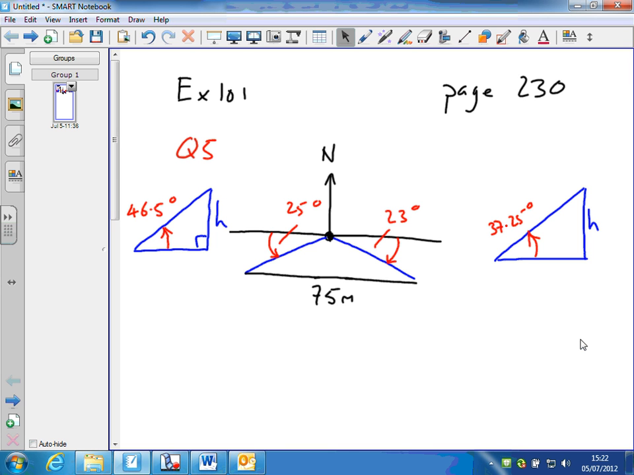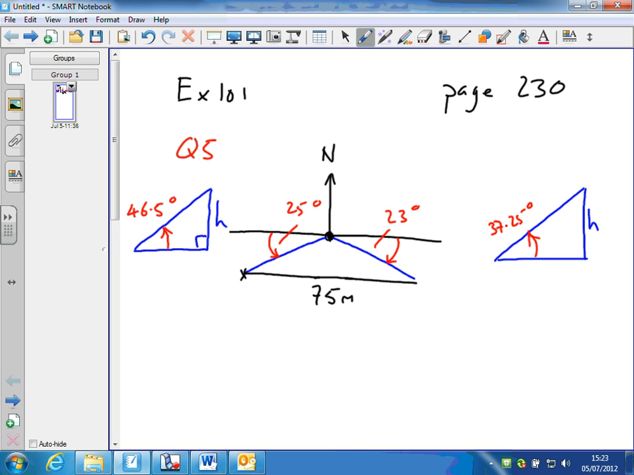Exercise 101, question 5. Quite an awkward question, this one. Look at it. The middle diagram here represents a situation, or part of it. If we imagine this tower and we're looking down on it, that's this here, and the north direction is indicated on the border, straight up. So we've got one observer here